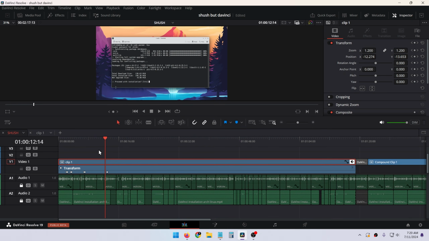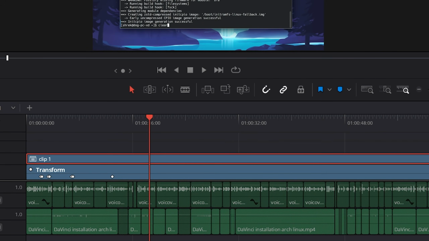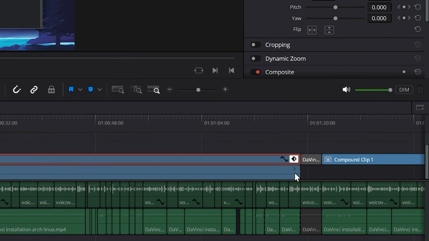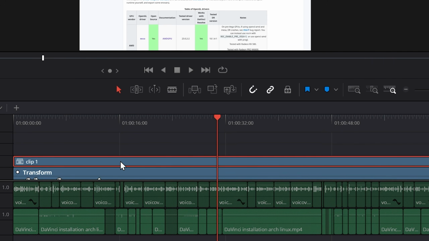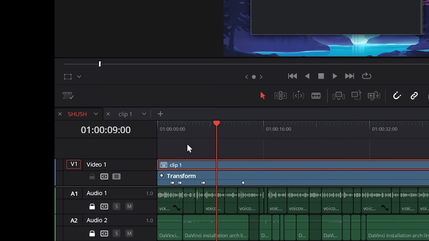Okay, couple of suspicious things. When I just randomly click on the timeline, it scrolls up. If I scroll back down and click somewhere else again, it doesn't scroll up. Disable this, enable this, click somewhere else, it scrolls. Why? Is this a feature or is this a bug? So my solution to this now is to remove all other tracks, so delete empty tracks, and now it doesn't